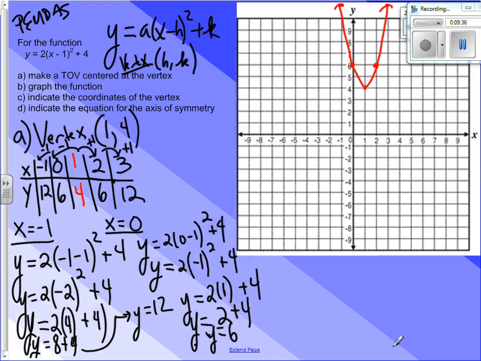There's our graph. Now, we have A done, we have B done. We actually have C done also. When we found the vertex, we also answered part C. So the vertex is